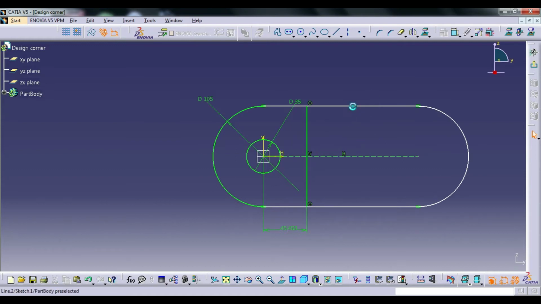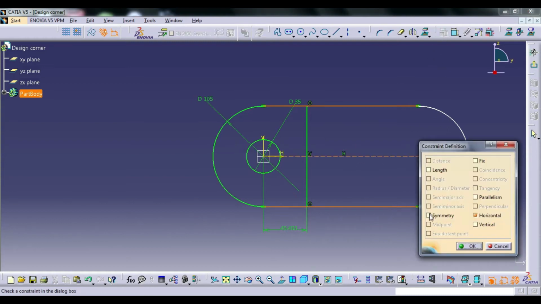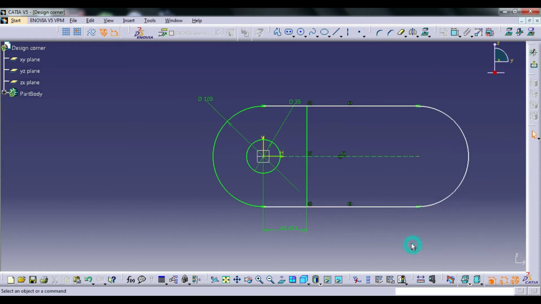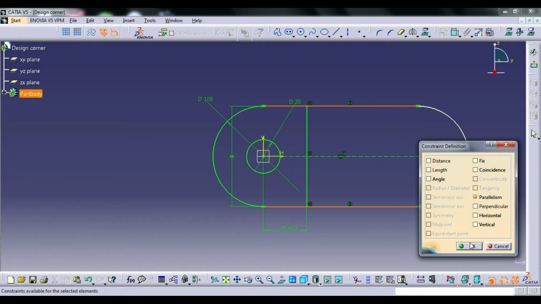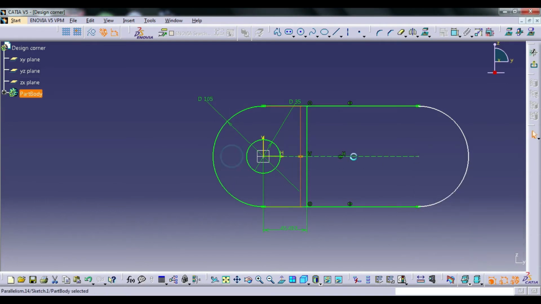After that, you click both lines and the center line. Also give the symmetry, and also click on parallel. Okay, it's constrained. After that, you trim the other sections. Click on trim.